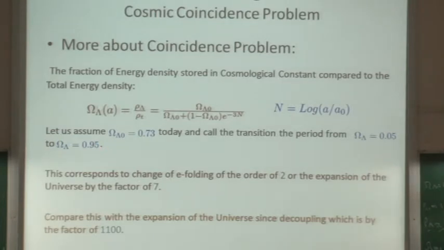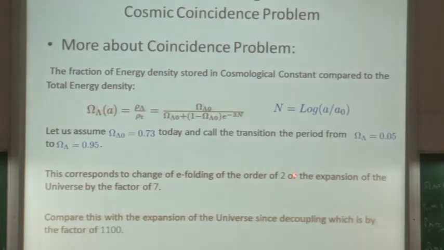So you have an omega cosmological constant which is negligible at very early times, and it roughly dominates the whole universe, at 0.95. Given that today the value is around this, if you do this, you will see the number of e-foldings to get from this value to this value is just of order 2. In terms of the expansion scale, the universe has expanded only by a factor of 7. Okay. So the whole change of omega lambda only occurs around the present epoch.